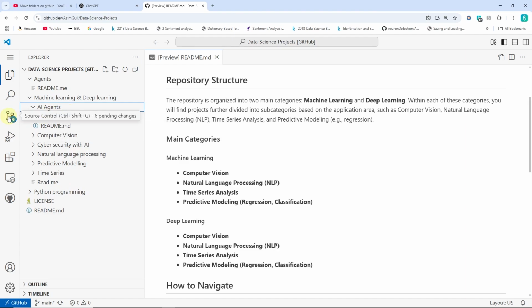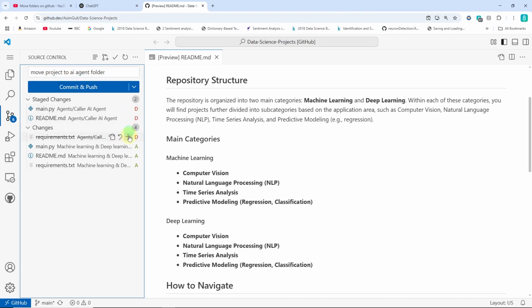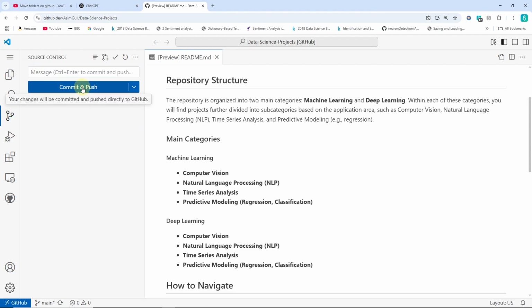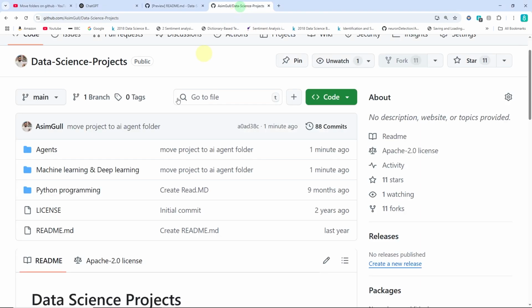So at the end, you just need to come here, okay, and then commit all the changes. So I'm saying move project to AI agent folder. This is the commit message you have to enter here, okay, and then just add all of them into the stage, okay, and commit and push. That's done. So if I move to my GitHub now after making these changes, if I just go here now,